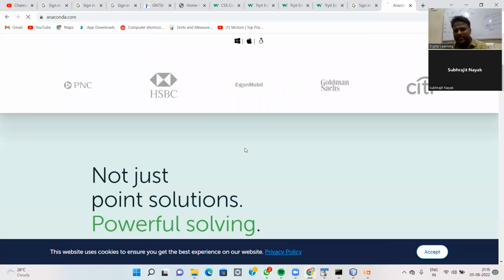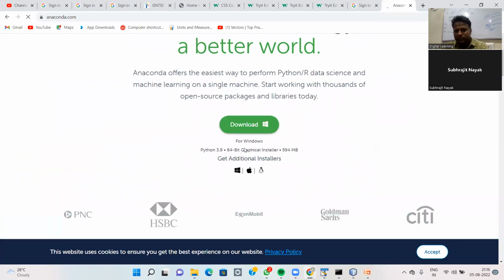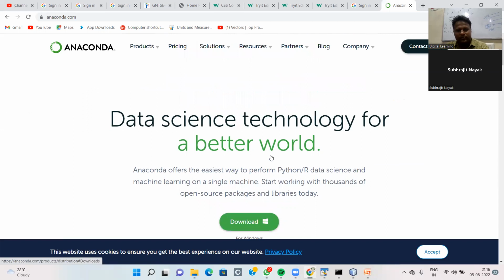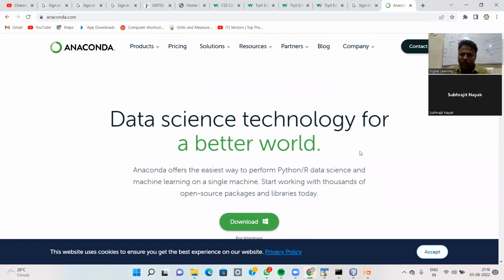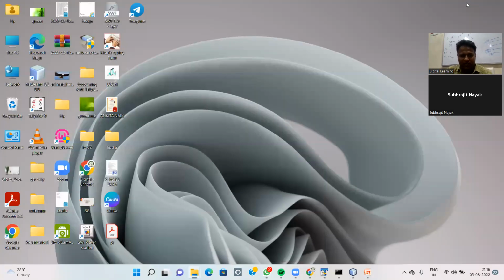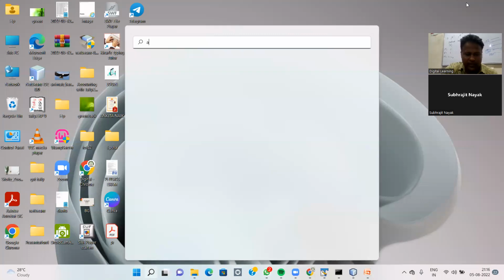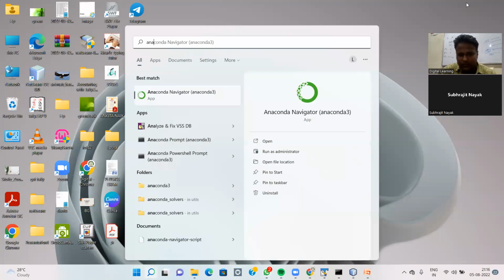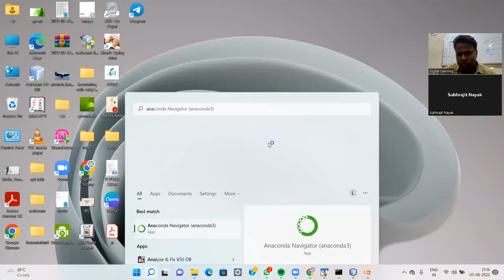It automatically identifies your system. If you are on Apple, then download the Apple version, and install it. After installing it, you can work with it. The Anaconda Navigator has come. Then choose here open.